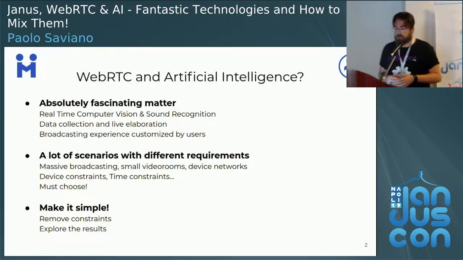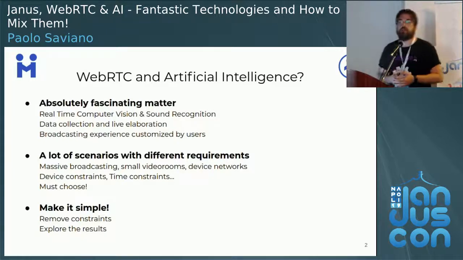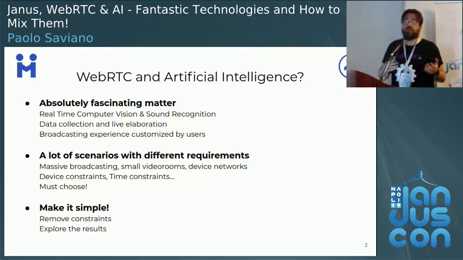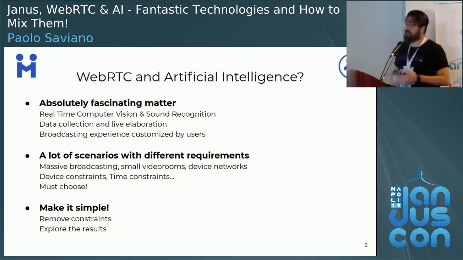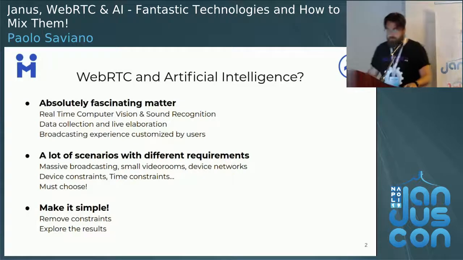Clearly, figuring out a lot of real-time applications forces us to highlight that as the number of scenarios grows, the requirements increase as well. We will face a lot of very different infrastructures, realized for massive broadcasting or small video rooms, that could have divergent constraints in matter of time and devices, and could use a very large variety of hardware and software.